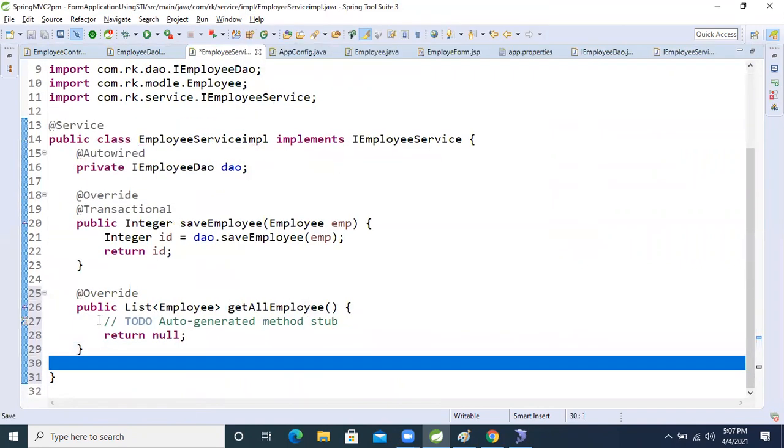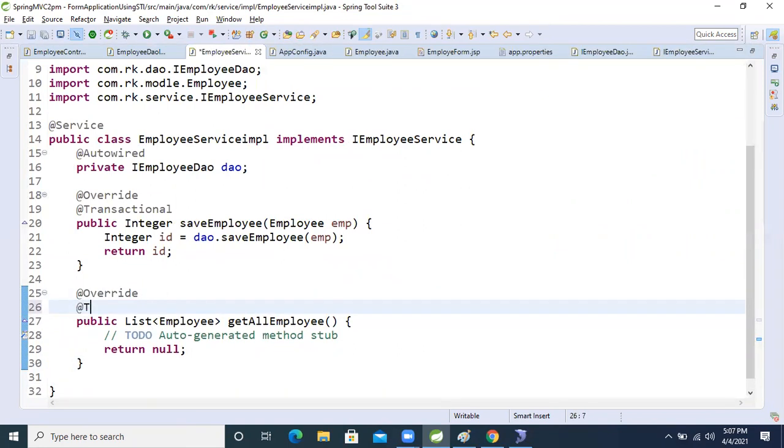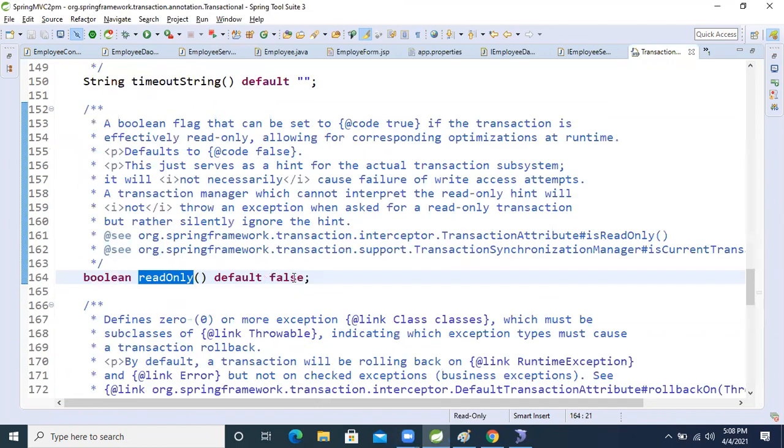Now here we add the at the rate Transactional annotation. We are performing the select operation, guys. I hope you remember that whenever we perform a select operation, by default readOnly is false, so we need to make readOnly true. You can see this in the implementation.